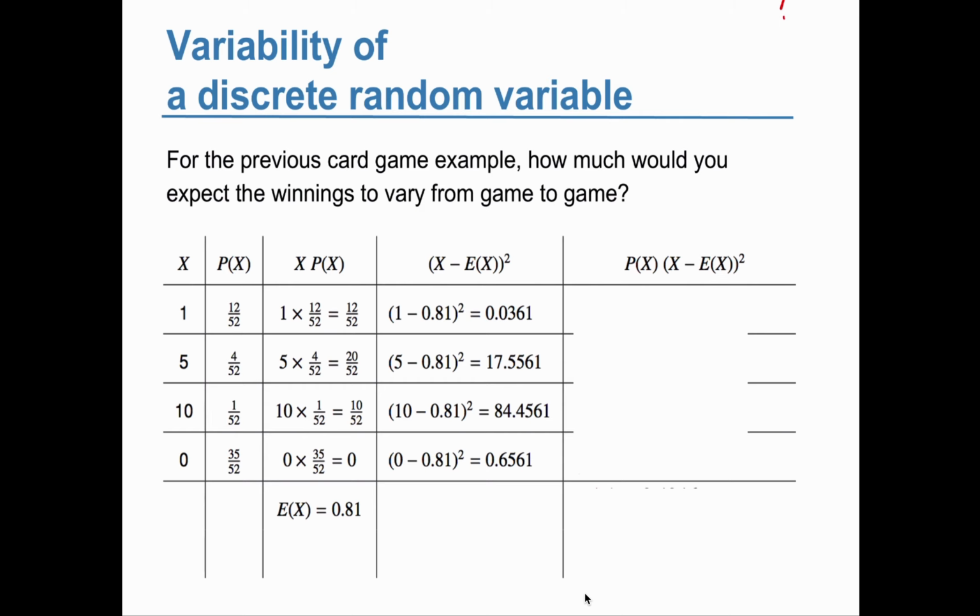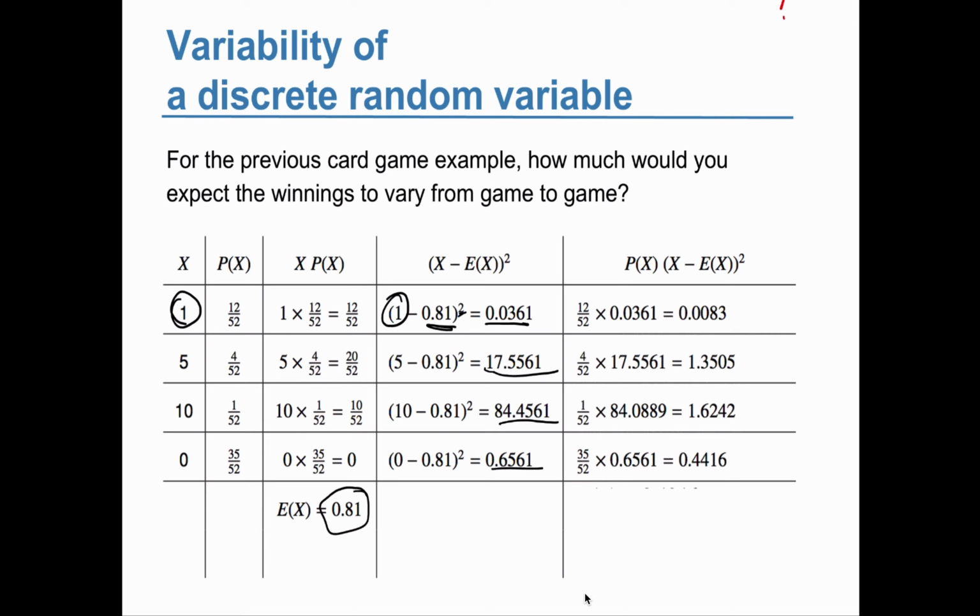So then for every number, we take the value and we subtract that expected value. And then we square it. And so we square that, and we square that, and we square that, and we square that. And then we multiply that x minus E of x squared by the probability, right? The probability from this column. And we add all of those up. But we add all of these up, and that is